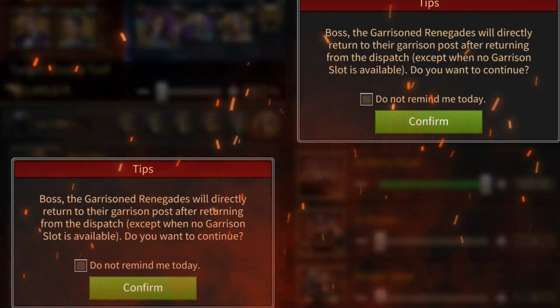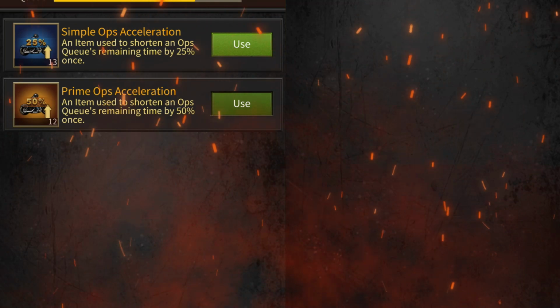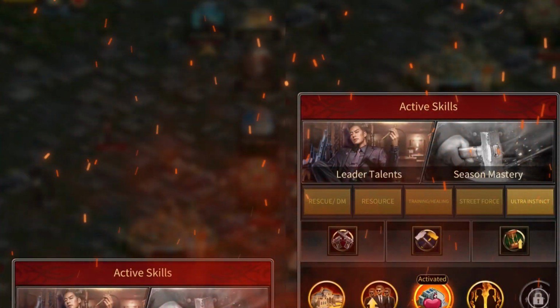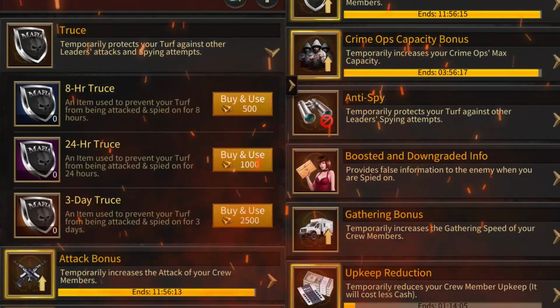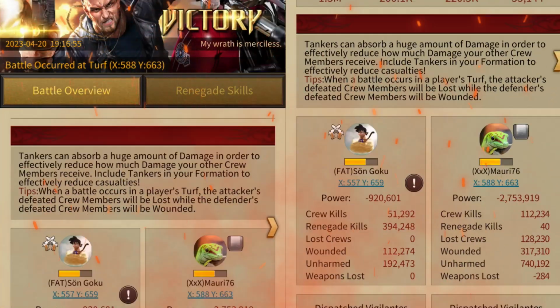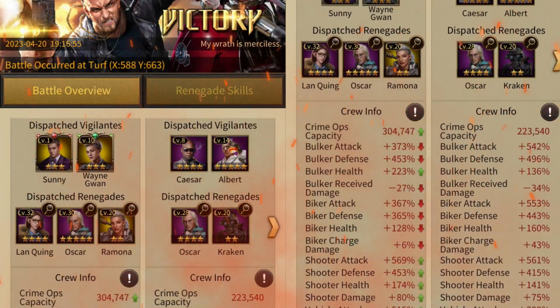When it comes to emblems, I have seen that a lot of players prioritize their attack emblems before any other emblems. They will try to put attack emblems as much as possible in their equipment, so they will have maximum shooter attack, biker attack or bulker attack. That will be their first priority. But in my eyes, I think that's a completely wrong way to go. Even though your attack will be much higher and you might look very strong, you will not be strong